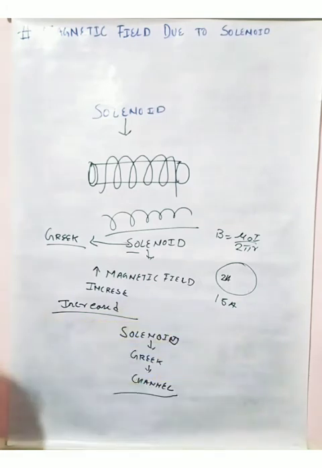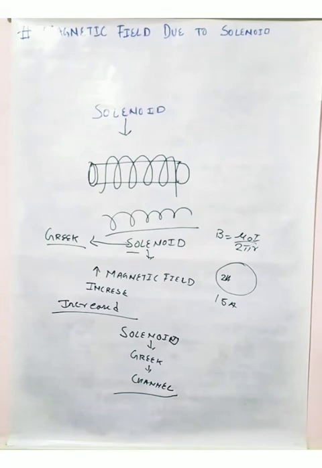Why are we not using a direct large current? I already told you that it is not good to use such current in day-to-day life. We can use this amount of current in industries and factories, that is a different matter. But to handle it without proper guidance, this current is very large. That's why we have created a solenoid, which means a channel.